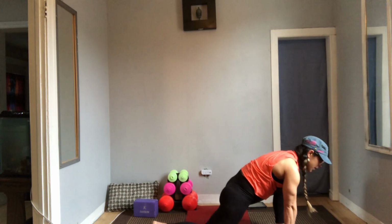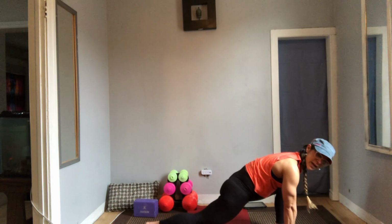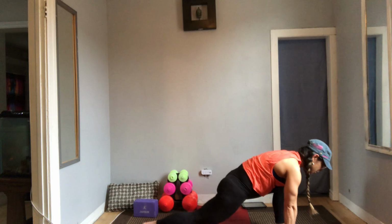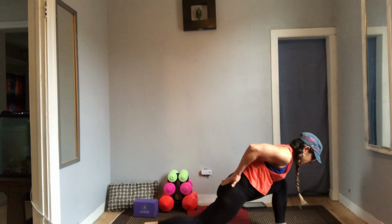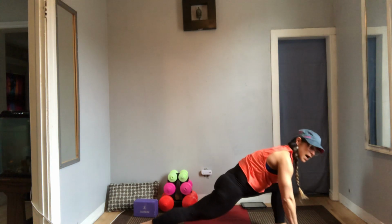What's going on with the bottom of your right foot? What's going on with your right knee, your right hip? We'll do a couple more. Start to feel that engagement in your right glute when you lift the right knee up. And with this last one,